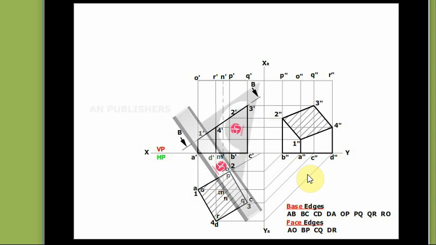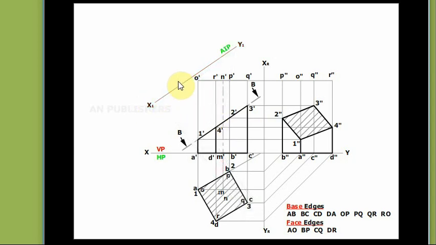So in order to draw the true shape, parallel to the line BB, the plane, draw another line. At any convenient distance you can draw it. The only thing we need to remember is it should not overlap with the remaining figure. So wherever you have space, if you have space here, you can draw this line here. If you have space this side, you can draw this line at the bottom or the right side also, no issue. The only condition is that x1 y1 should be parallel to the BB plane.